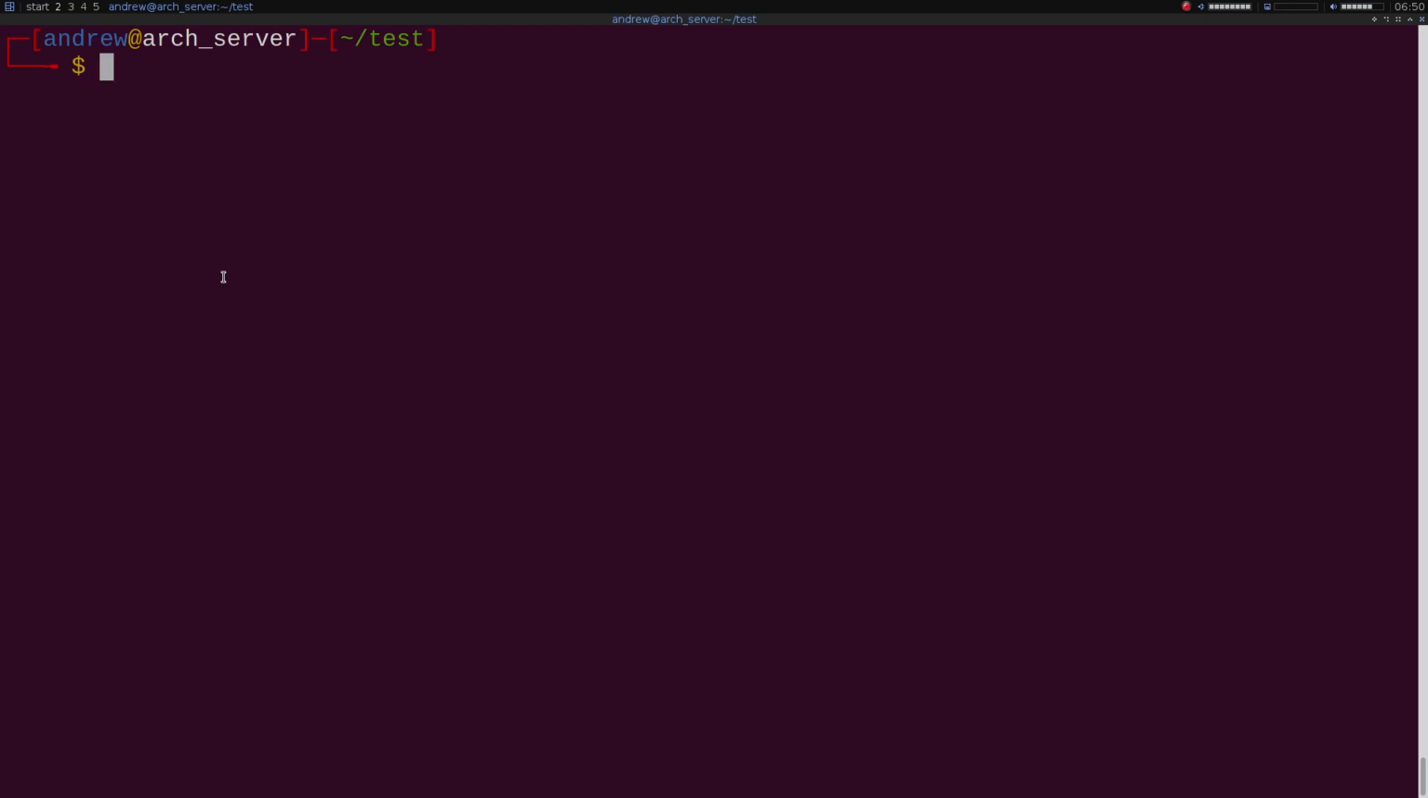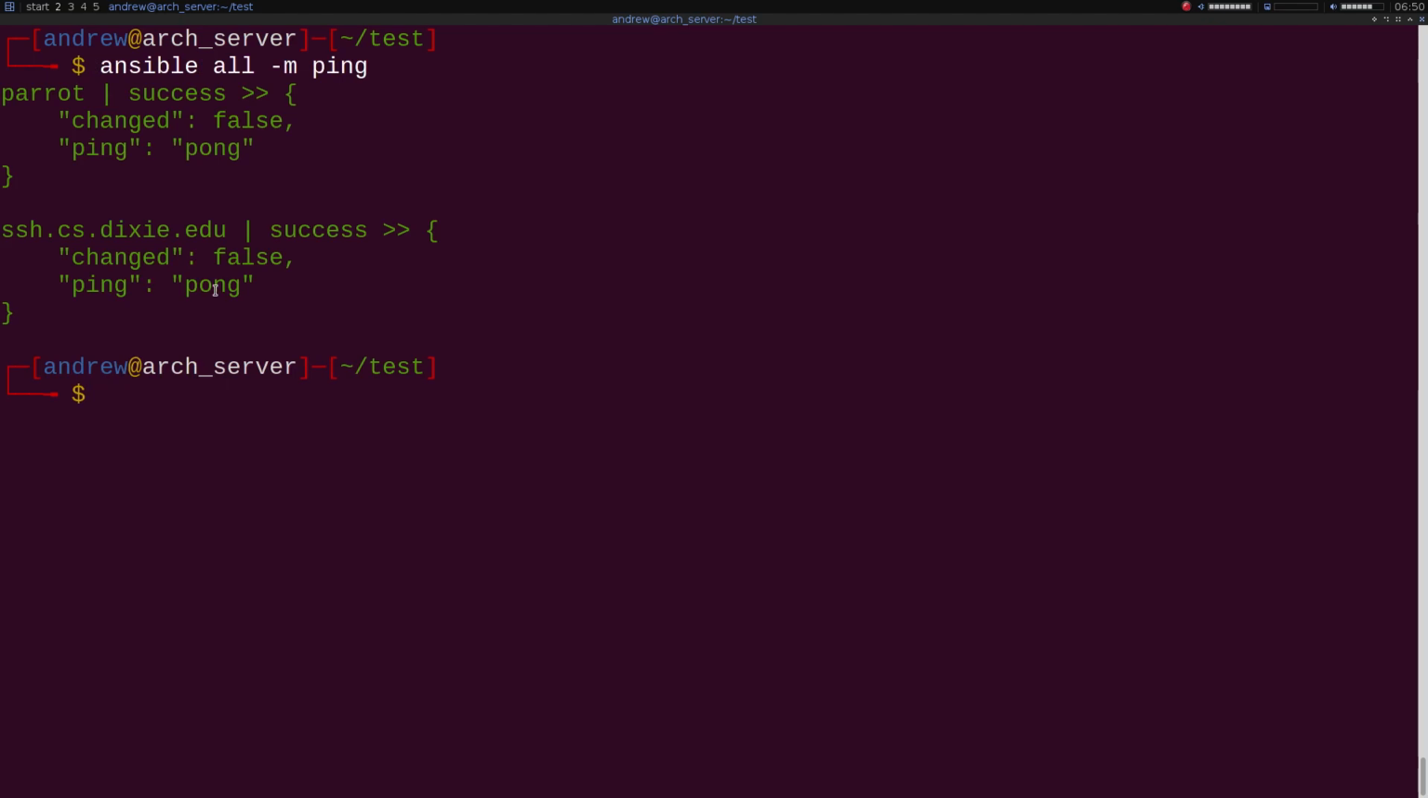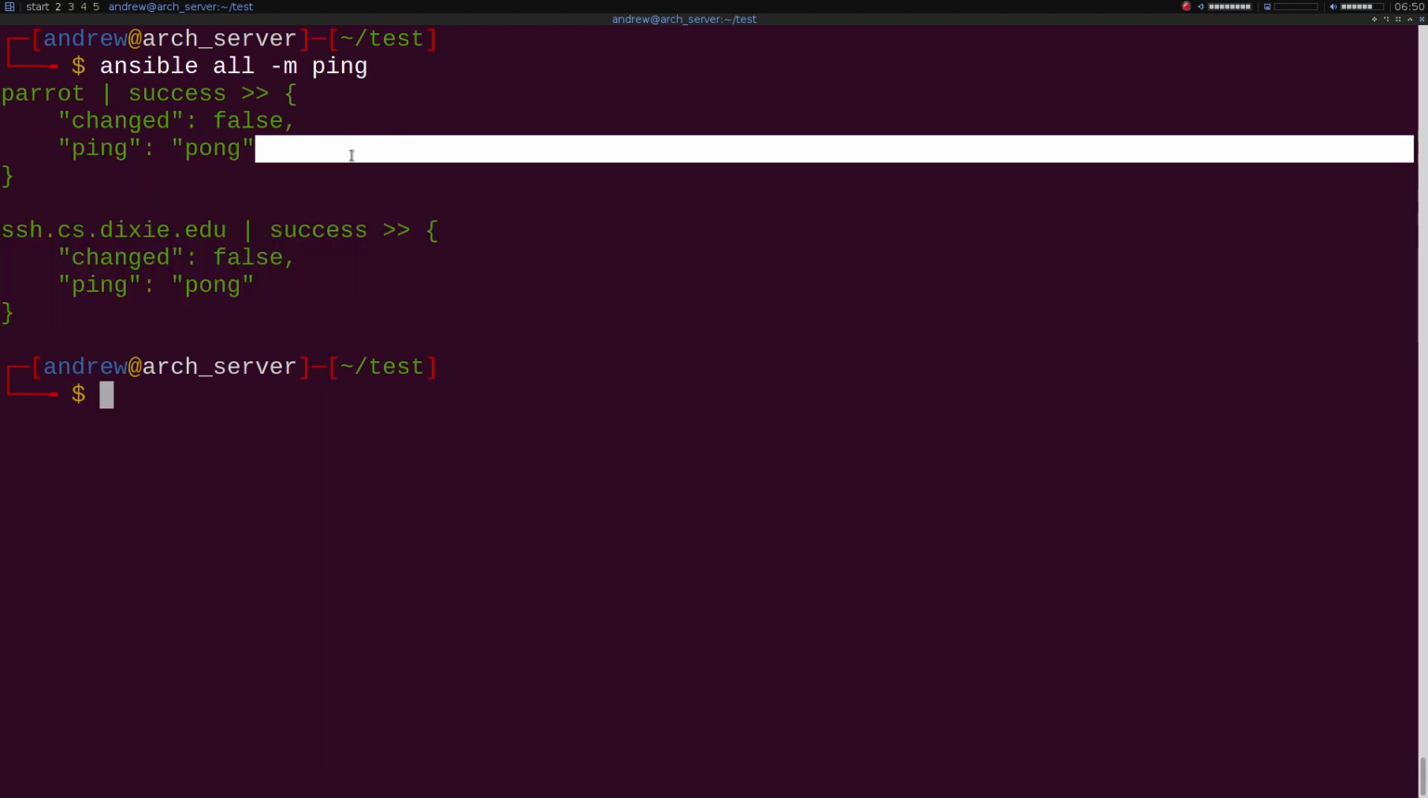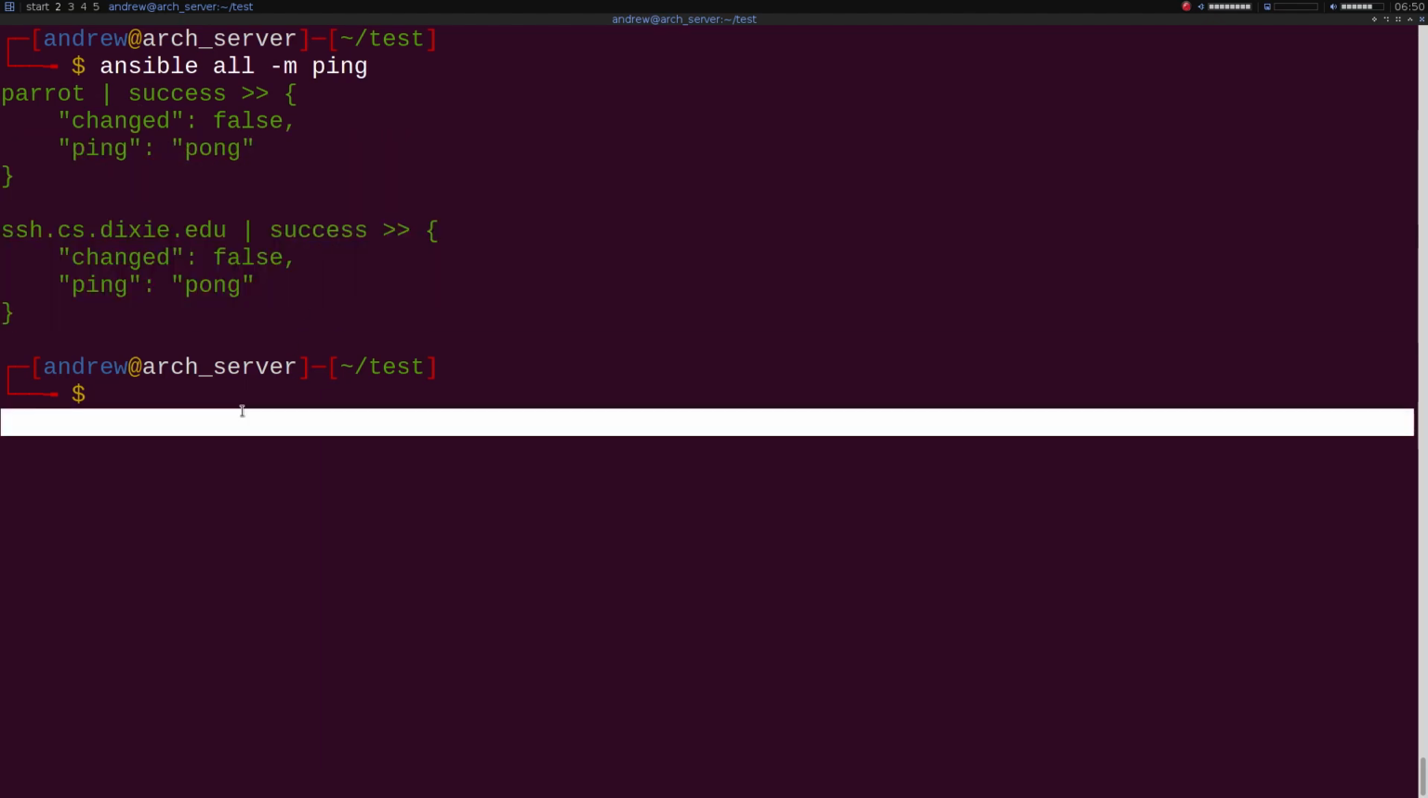Ansible I didn't do too much with, but to show some of the things it can do, I'll just do a simple Ansible ping all, and this is going to ping every VM that I have in the configuration file for Ansible. You can see it returns false. So there's some pretty neat things you can do with it. I didn't do much, but